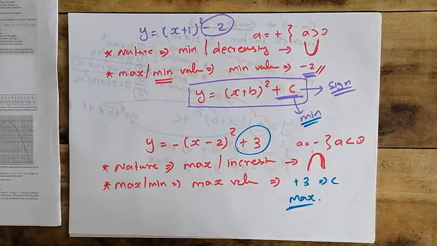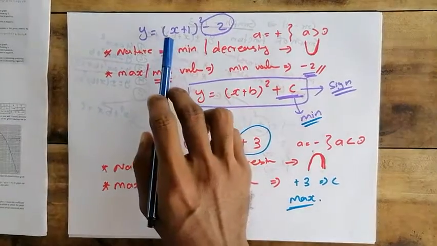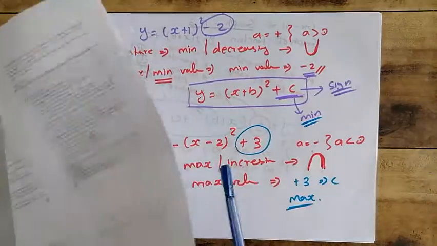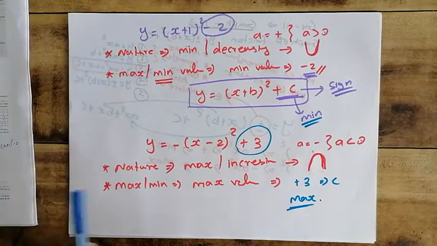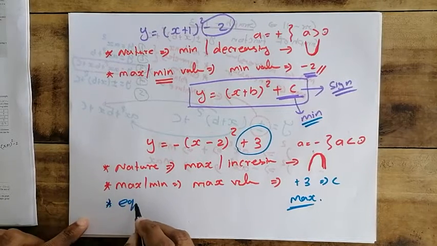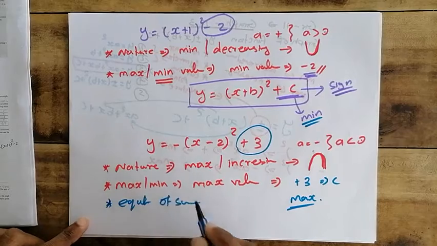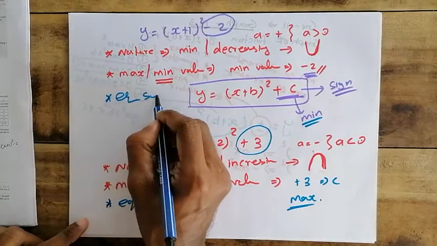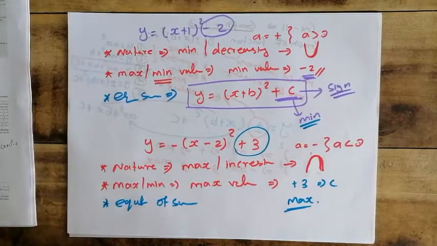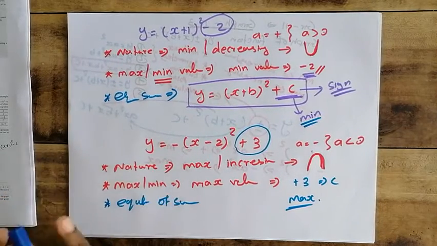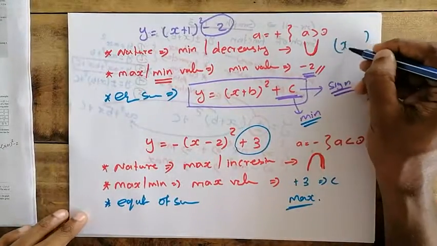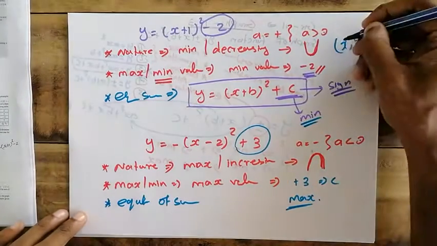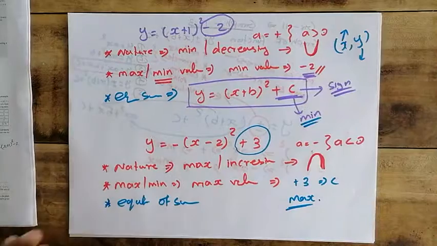Okay. We'll go for the graph y equals (x plus 1) whole squared minus 2, the earlier graph, the first graph we have. Okay. Check the symmetry axis. The next point: equation of symmetry axis. What is the symmetry axis? What is the turning point x coordinate? For the minimum or maximum value, we take the y coordinate. So what about the x coordinate?